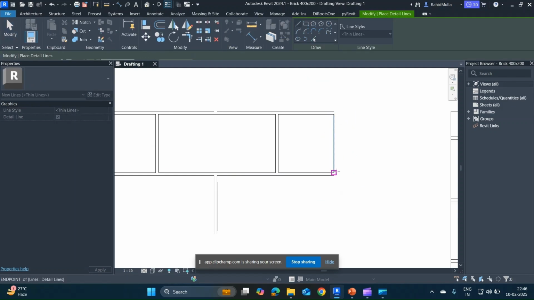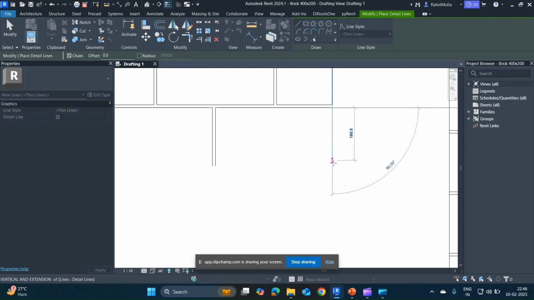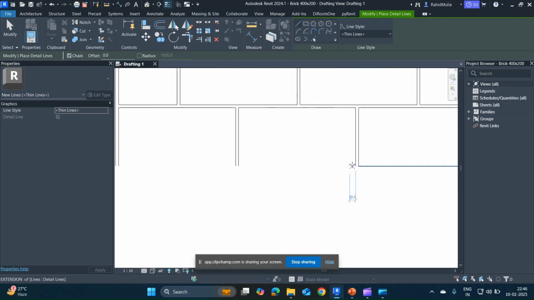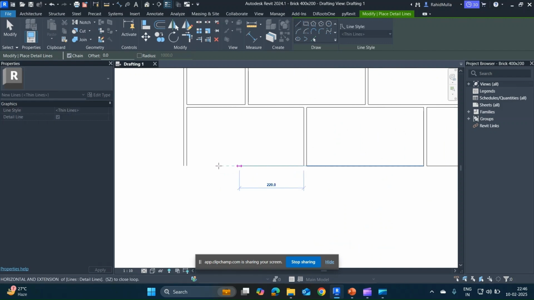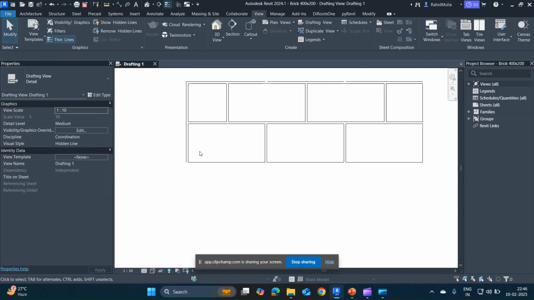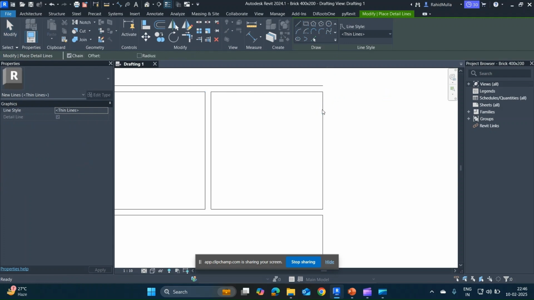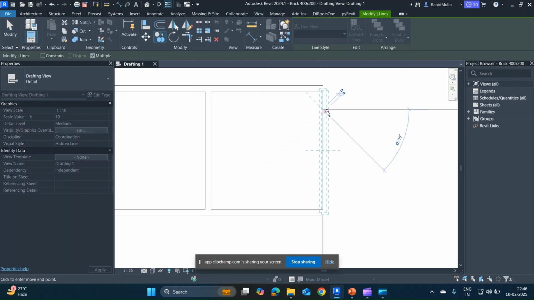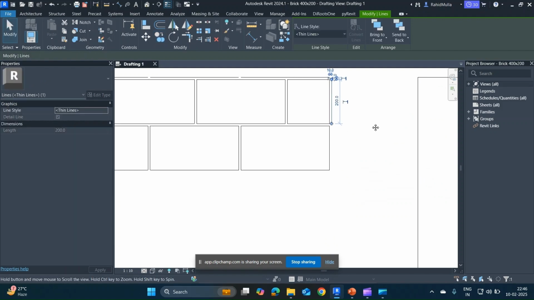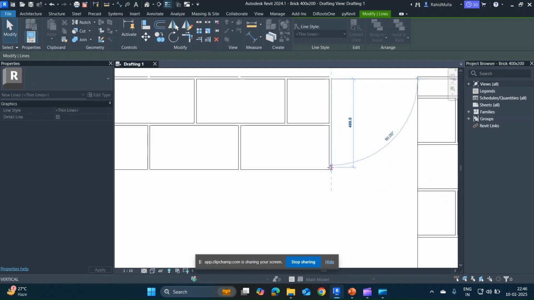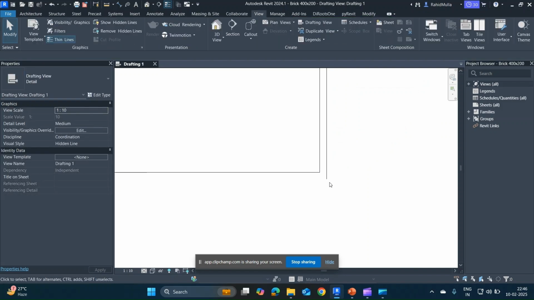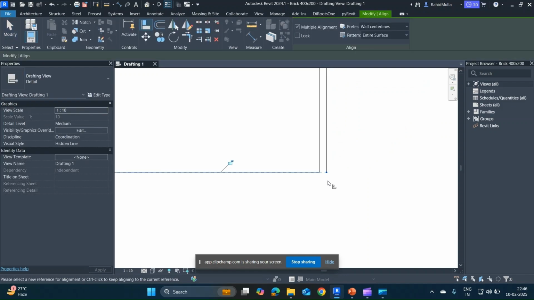Okay, and then I will close off everything. And then here also I have to close the line. See, what I have done is I have closed off everything. Let me just copy this line over here, 10 mm, and then I'll drag this down here. There's a line here,